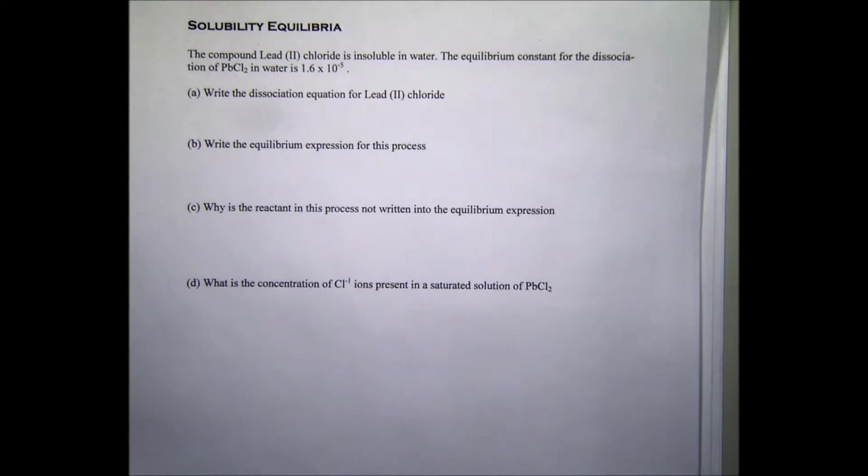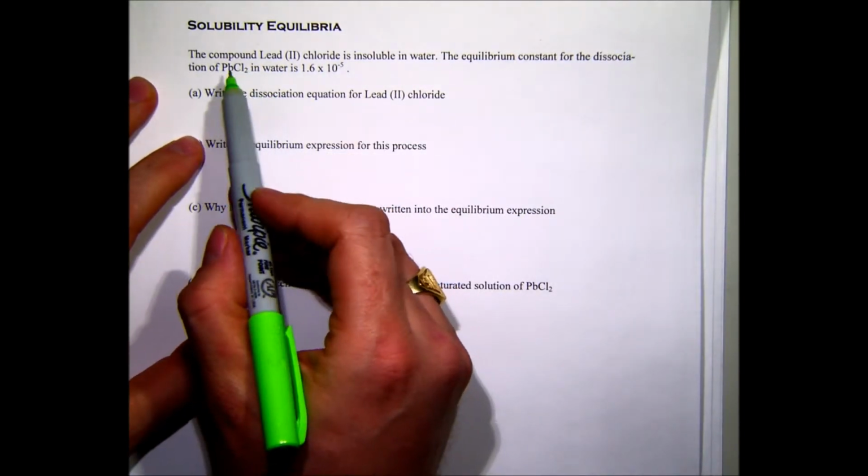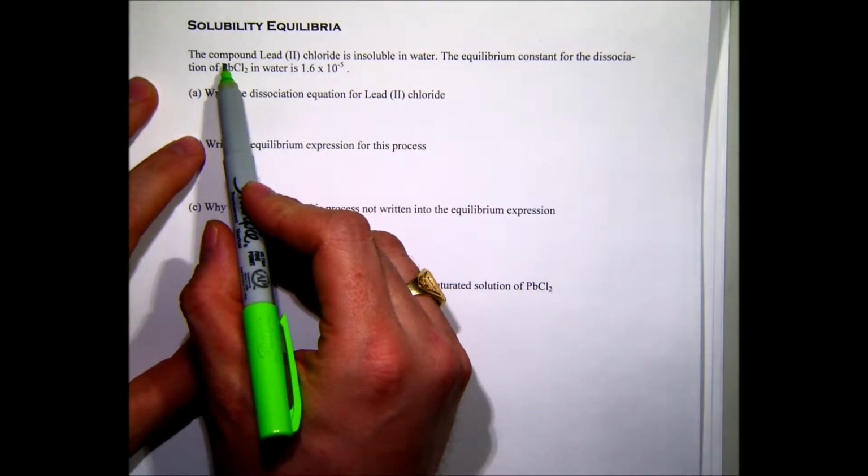Okay, we have a solubility equilibrium question, which is basically the same idea as the last question on equilibrium 2. You can find that on our website. But the idea with the solubility equilibria, just reading this question that I've done up as a sample, it says